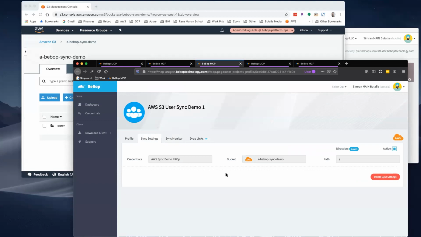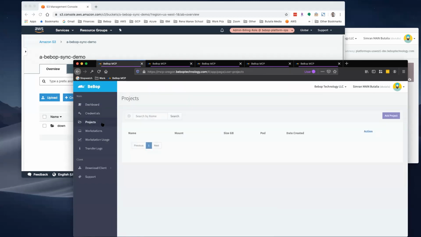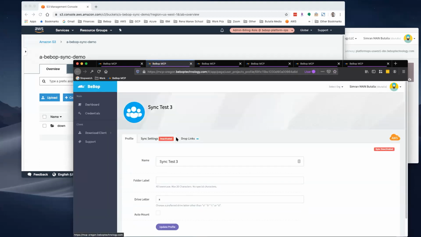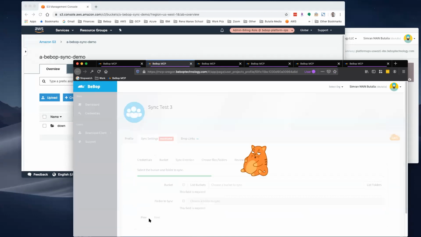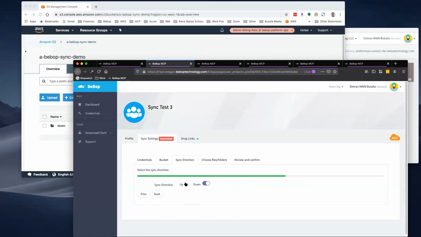Yeah, absolutely. We can easily set up a project to do those kind of things, right? So if your deliveries need to go to S3, it's as simple as creating a new project with a sync, which sends to a customer's S3 bucket, right? In this case, we can say I want to send it to this one here, and the direction is up. Now you can easily work with a playout facility and say if they have cloud storage, just have them give you a cross-account role access to their bucket, right? And then you can easily deliver from the Bebop workstation, drag a file into that project, and it automatically syncs it to their